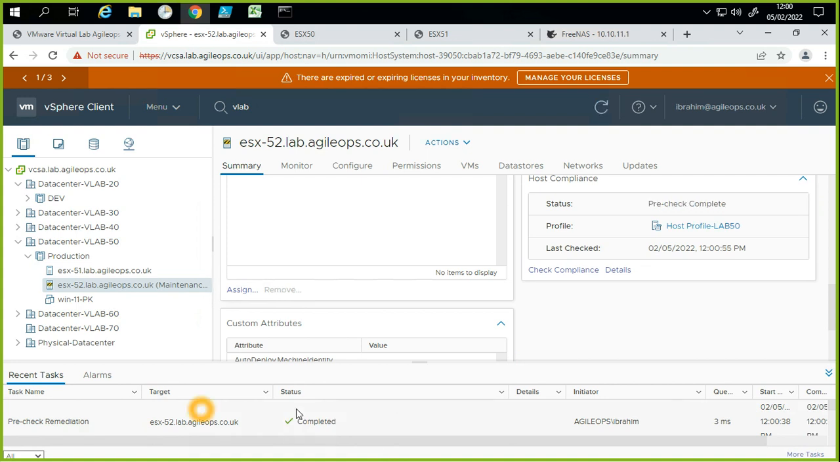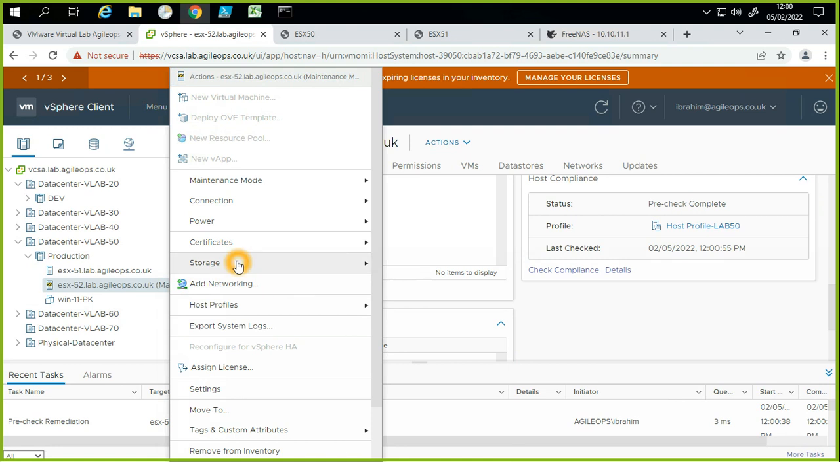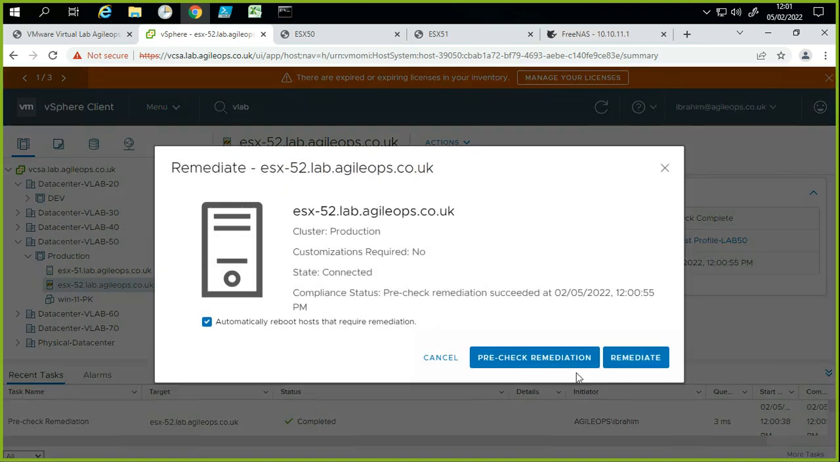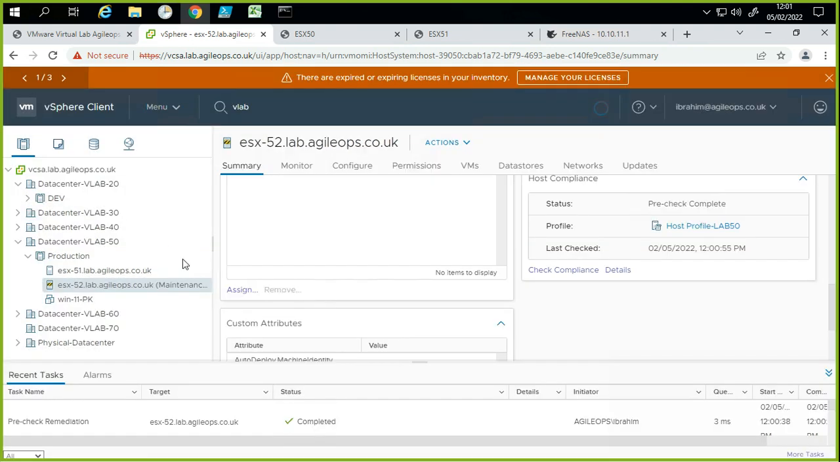Done. So that's successful, completed. Now we will apply it. Remediate again. Now we'll say remediate it. So what is happening? If we keep an eye on here,